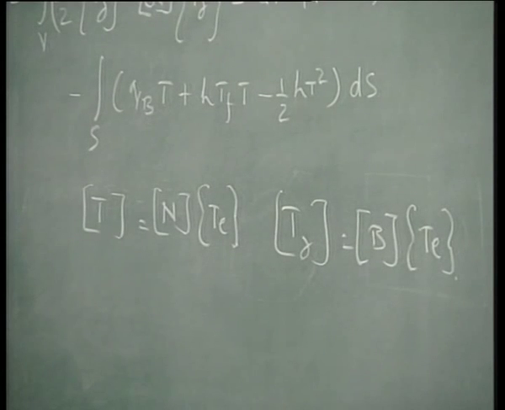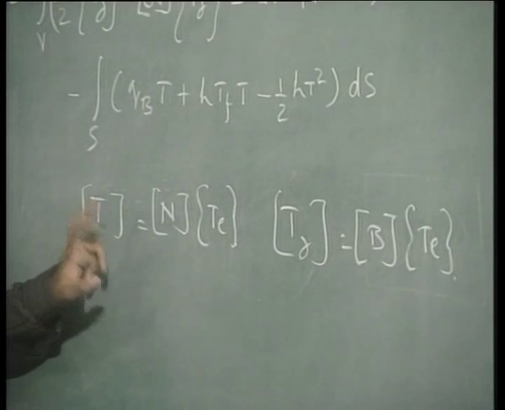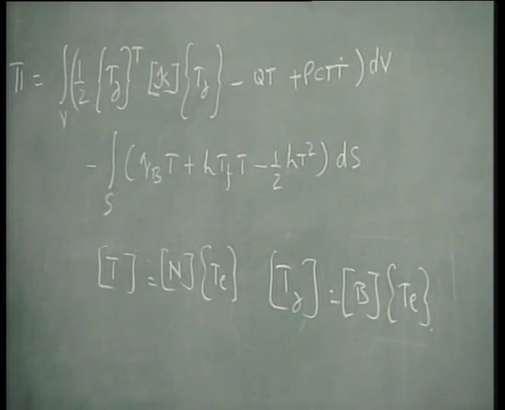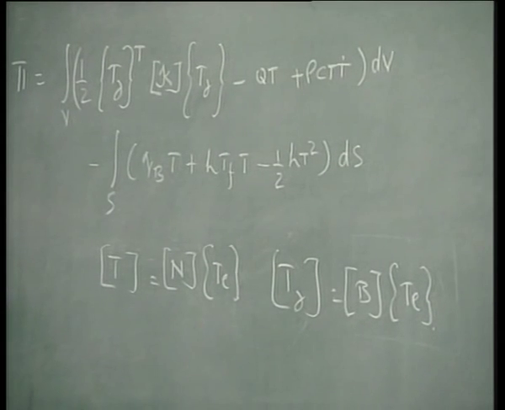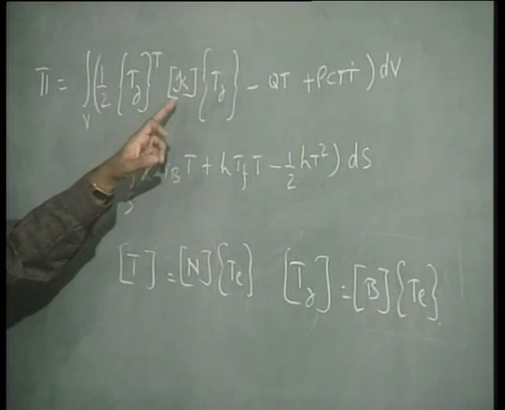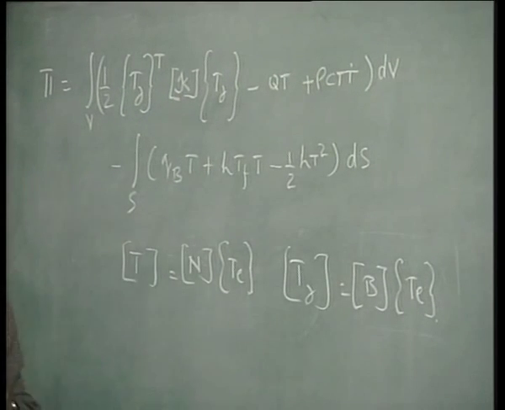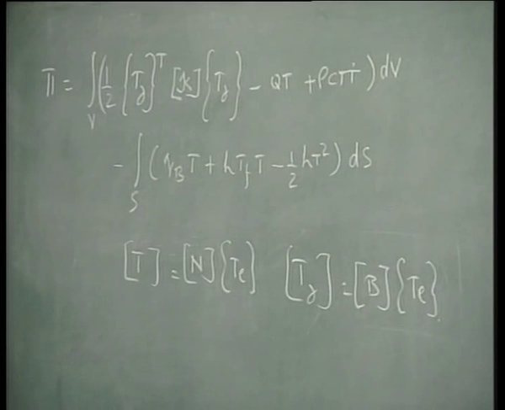Okay. Is that clear? Now, I have to substitute this into this expression, right? Is it clear? Okay. Let us see what it is that I am going to get. What is this matrix, by the way? Kappa matrix. Call this kappa, do not confuse this with K, kappa matrix.